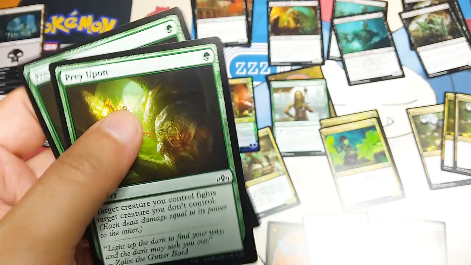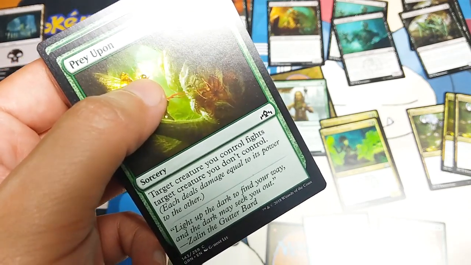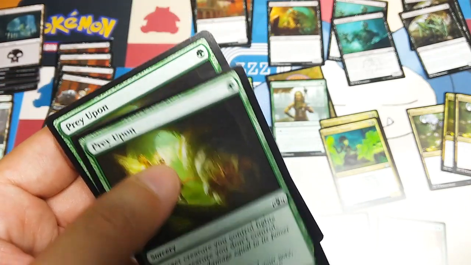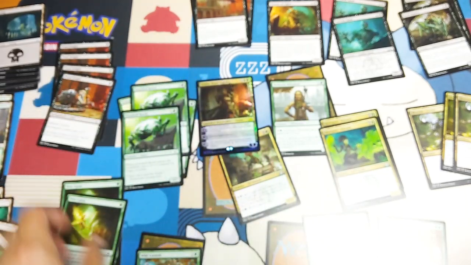I'm going to keep the 2 Prey Upons. This is for a single green mana, sorcery. Target creature you control fights target creature you don't control, so they deal damage to each other. You might take out one of their creatures, maybe yours dies too. But watch this. We're going to use this with...